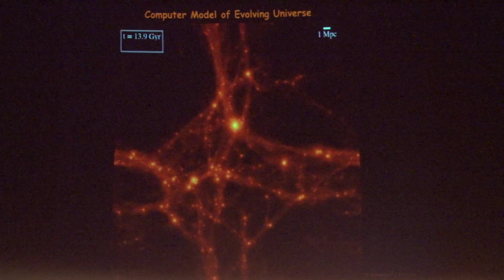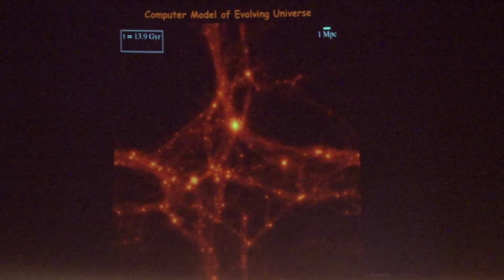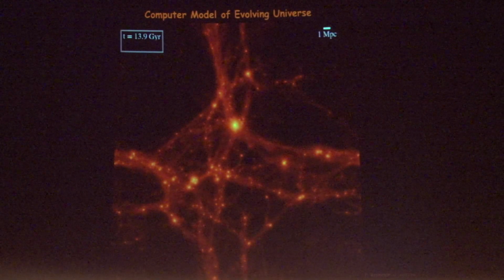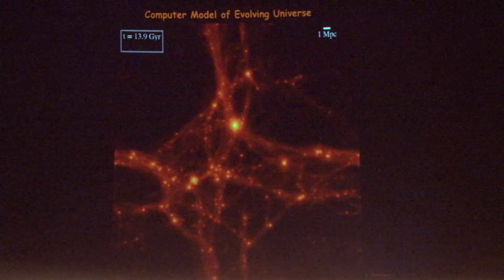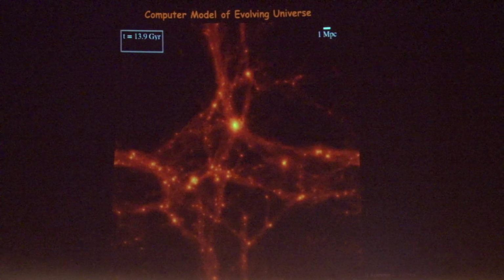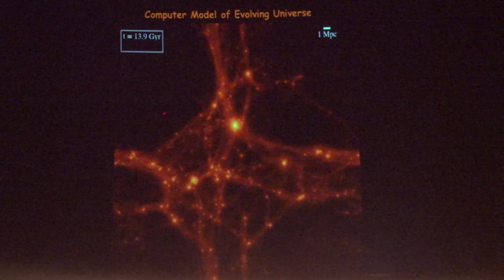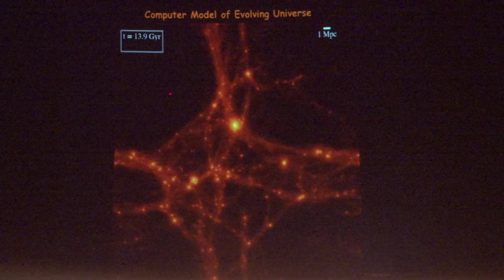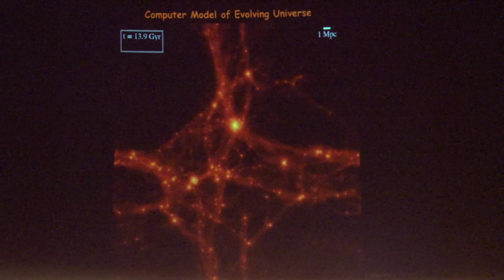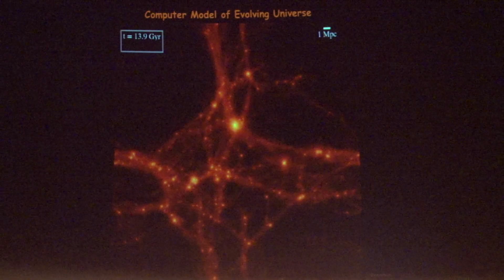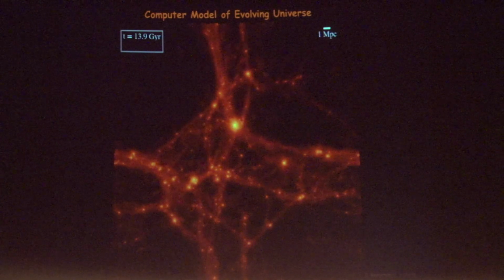That is, this initially hot, homogeneous material, those micro fluctuations did succeed in condensing and attracting more material, so that you end up with much higher concentrations of mass and also big voids out here, caused by the fact that all this material was accreted onto the more massive blobs. So that's the evolution of the universe.